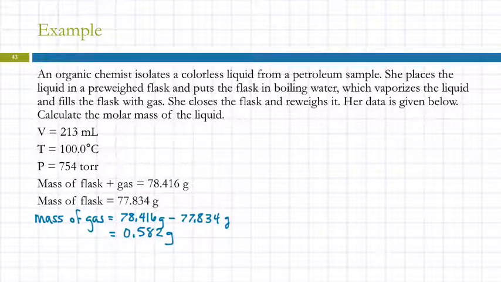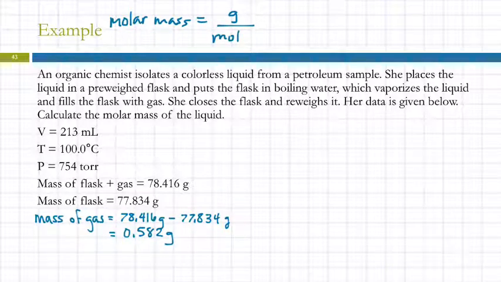So we got the mass of the gas, and then we're like, oh, now what are we trying to do again? We're trying to calculate the molar mass of this liquid. So then I ask myself, well, what is molar mass? Let's avoid all the confusing symbolism and say molar mass. It's not that many letters. The molar mass equals grams divided by moles. So I need the mass in grams, and I need to divide by the number of moles. Well, I just figured out the mass of it, right? So I can plug that in,